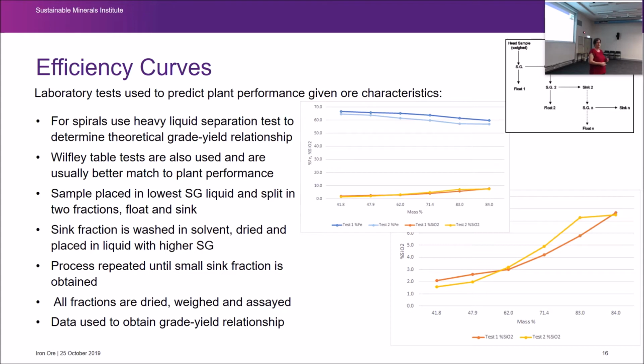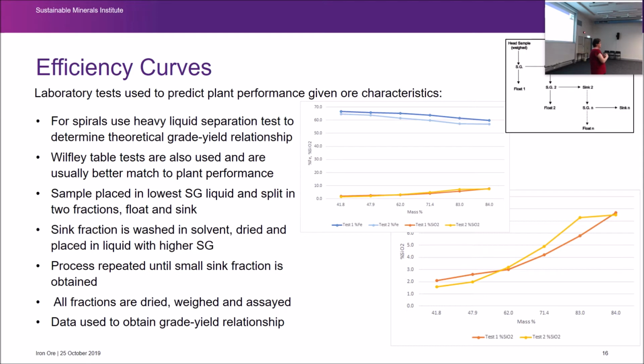The sinks is washed in solvent, dried, and then placed in a liquid with progressively higher specific gravity until you get a sink fraction that is small. All these fractions are dried, weighed and assayed, and then you can construct a grade yield relationship. What I wanted to highlight here, this is actually some data I had off to the side of an operation